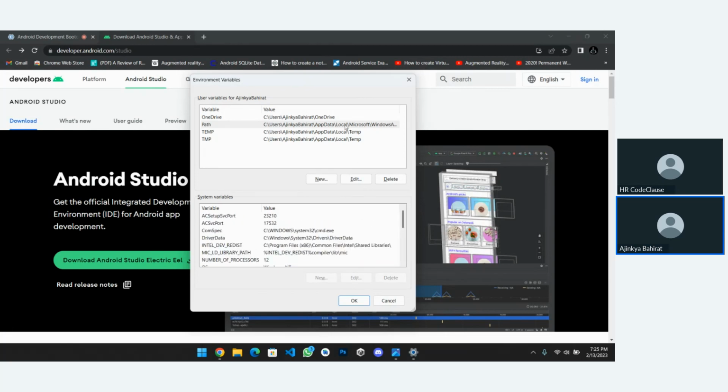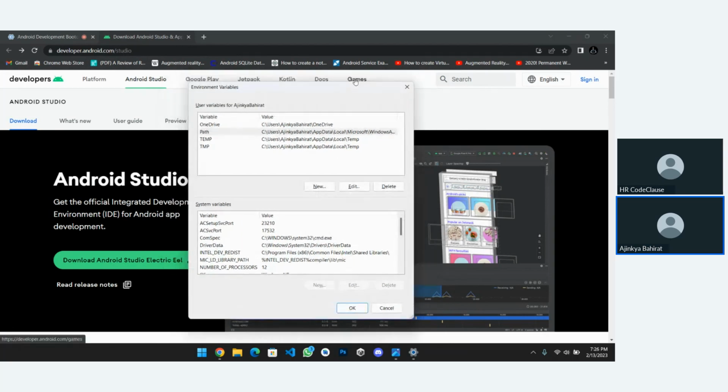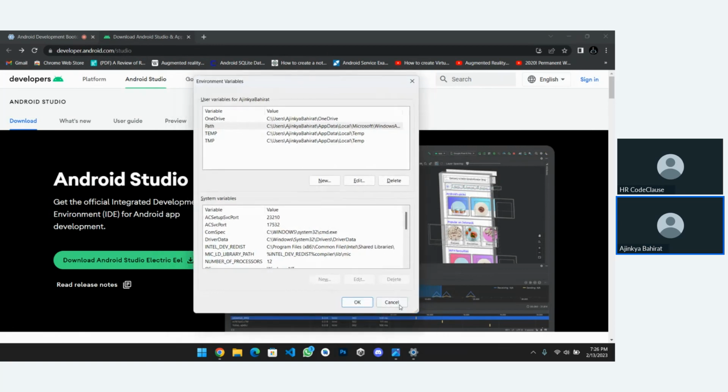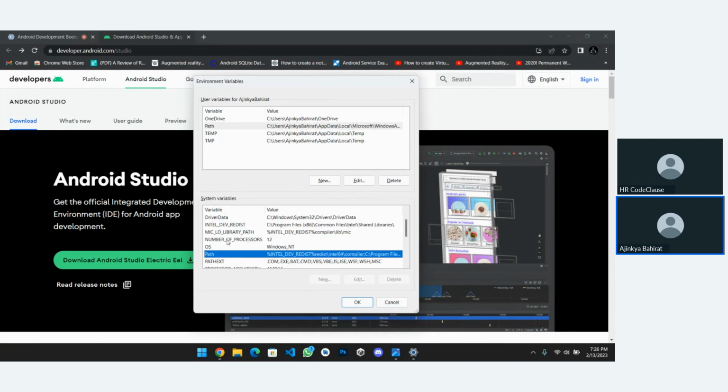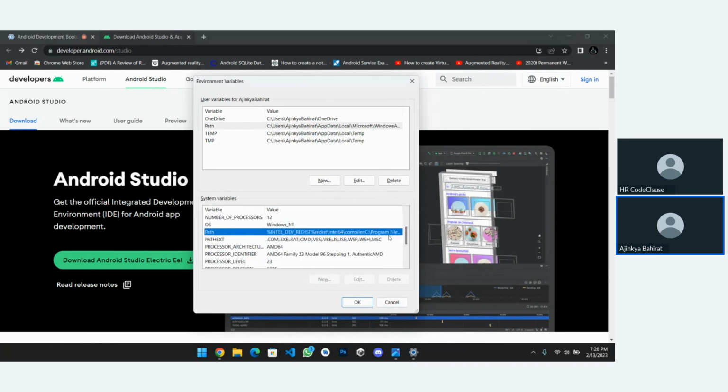Yeah, so it might help for you. If you have any issues regarding Java, you can check any type of YouTube tutorials, so you can get it fixed. So this is the basic idea where you can add your path. I think you are able. I already added it in the system variable also, so that's why it's not showing to me.